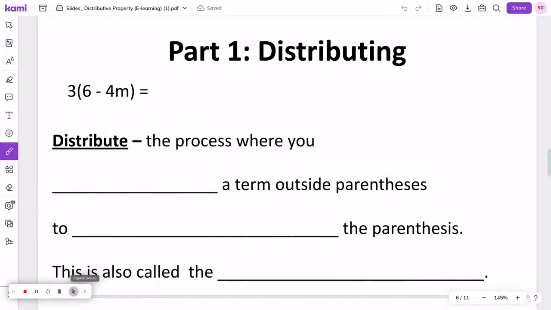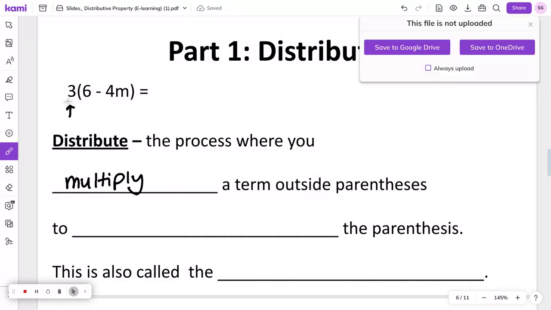Hi, this is a short video on what distributing looks like when you are trying to simplify different expressions. First, the word distribute is talking about multiplication. Distribute means you are going to multiply, but you're going to multiply what's outside parentheses. So in this problem, it's the number 3 to everything